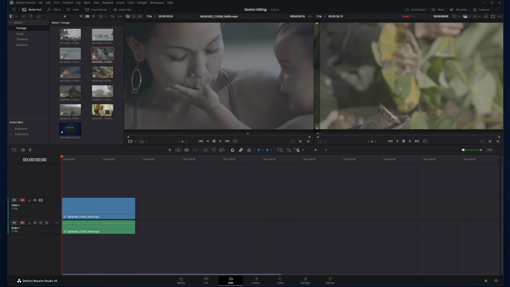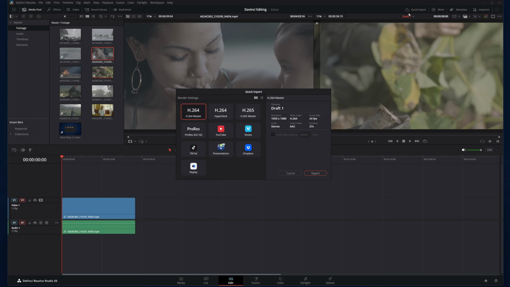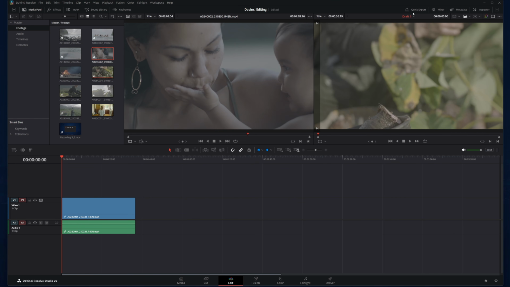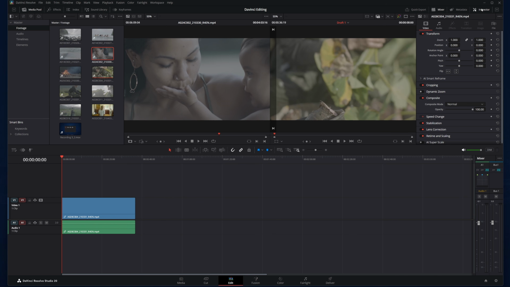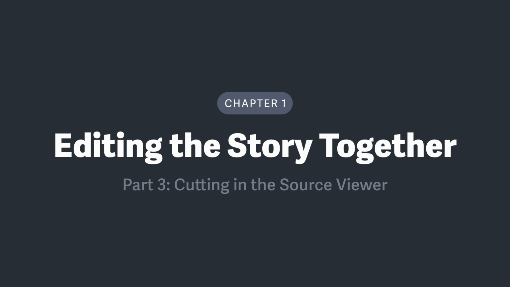On the right, we have other options as well. We have Quick Export, which is just a quick way to export your project without having to go through the Delivery tab. We have an audio mixer. I usually keep this on, and it shows you your audio levels, which you can adjust here. Metadata, if you want to see the metadata of your footage, and Inspector. I'm not going to go over this now, but I keep Inspector open, and it's important, and we'll cover it. So that is it for the tour. I'll delete this for now so we can start with a clean timeline.